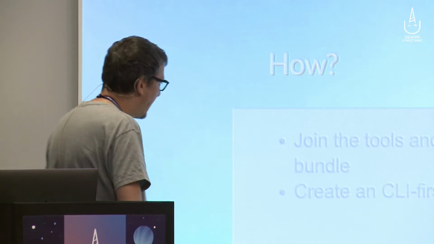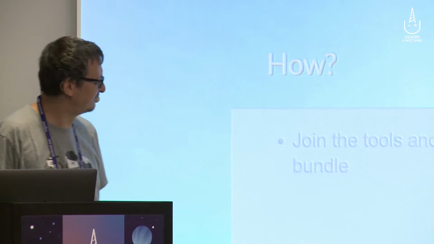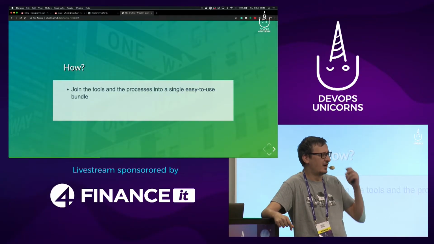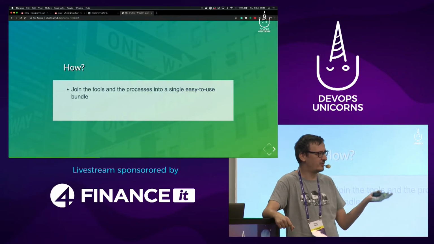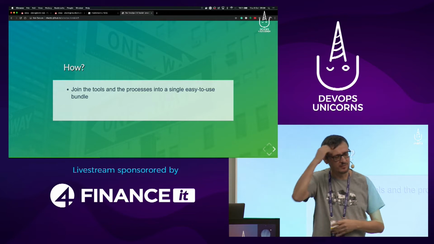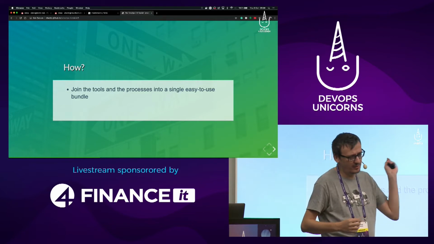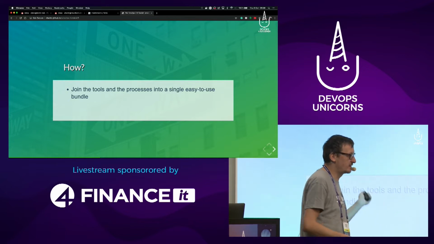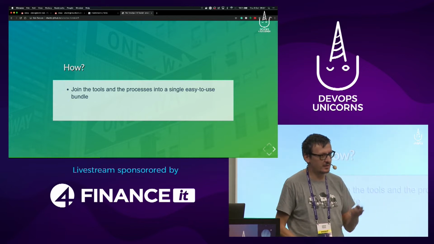And we took what we found after speaking with a lot of companies, with a lot of teams, that Kubernetes is really, really hard. It is hard to figure out what you need to use. How are you gonna build your images? How are you gonna deploy your images? Are you gonna use Helm? Are you gonna use Kaniko? Are you gonna use Docker? Which one of them is good? Which one of them is bad? It's very confusing and so on and so forth.